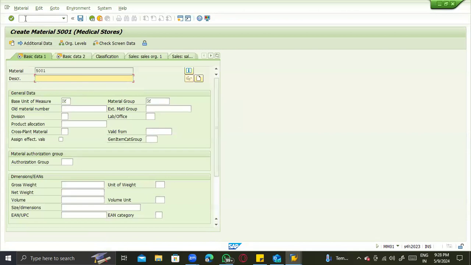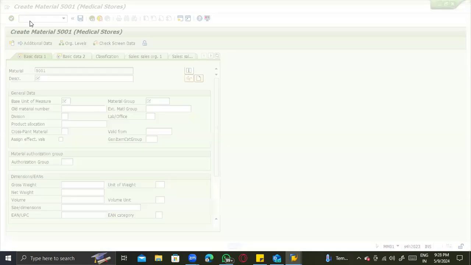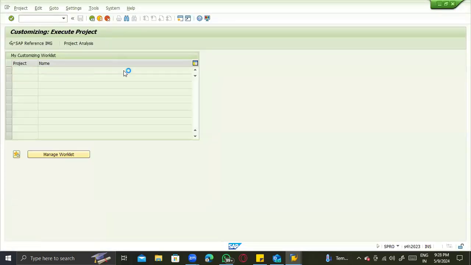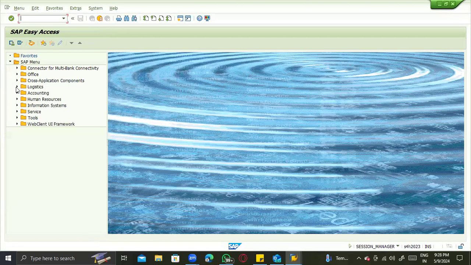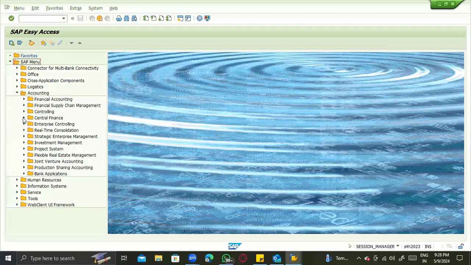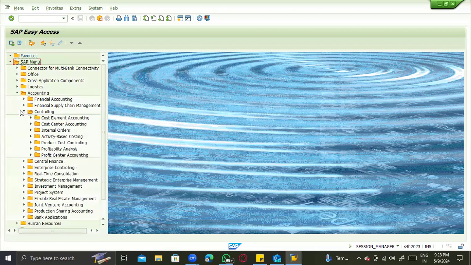Okay. So yesterday we got an issue, right? Yes, sir, that purchasing material ledger activation. So for that, what you need to do is go to logistics. Okay, sorry. You have to go to accounting. So on the financial side, they have to activate the material ledger. Okay. So controlling and